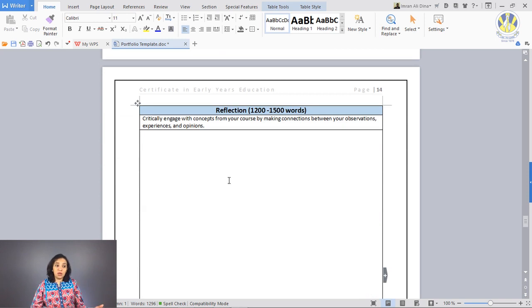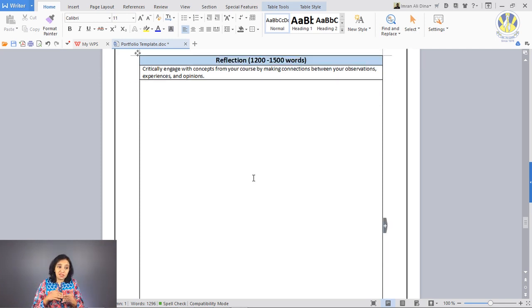This is where you're going to engage with concepts. You're going to talk about making connections between your observations, experience, opinion. Now, here comes in your opinion. Okay. This is what I thought. This is what I experienced, and this is what my learning is. And this is what I would like to do next. Now, what I would like to do next will come in your next action plan. But over here, you have to talk about your experience, your opinions, your observations, and then what's your learning